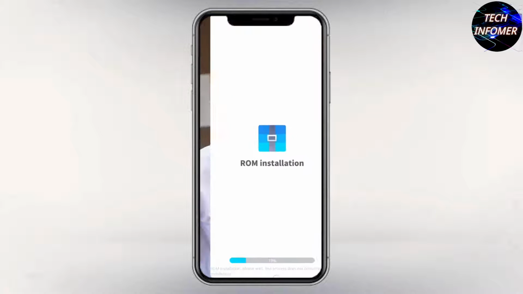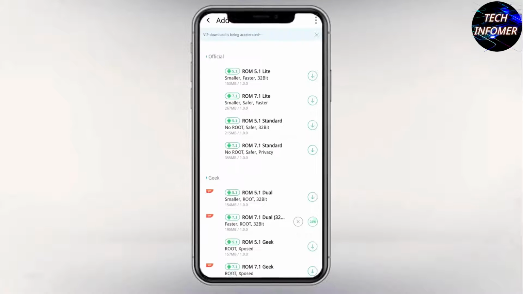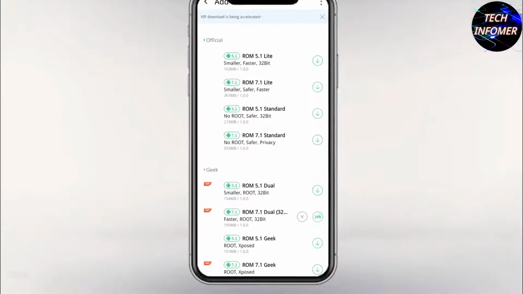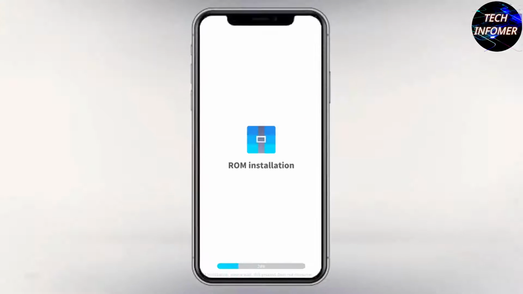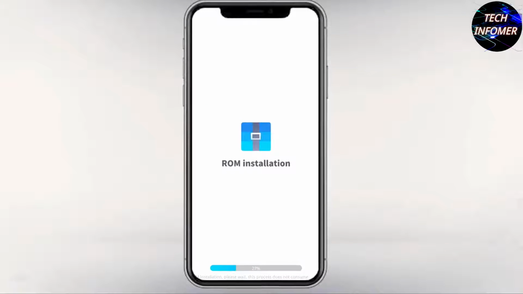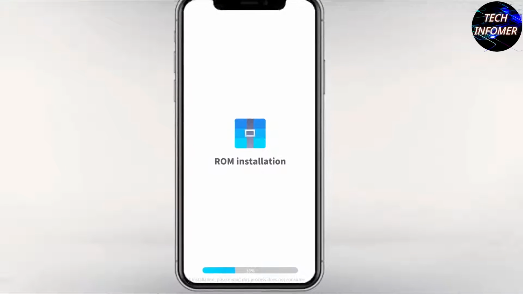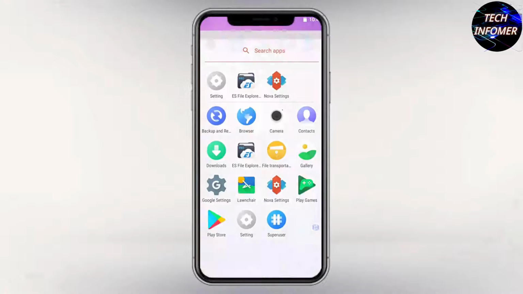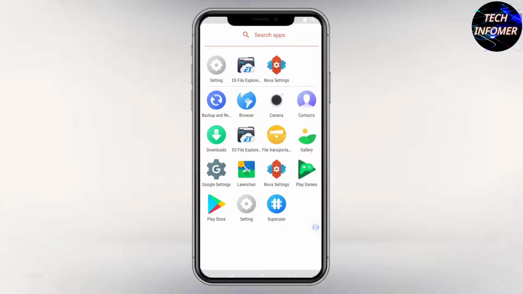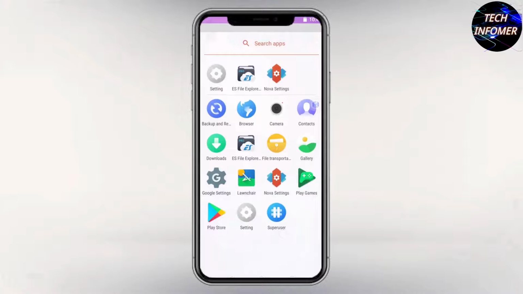In the non-Pro version, there is a default ROM, so you can't select multiple ROMs. It will automatically download the ROM. After downloading, the process will be the same for both Pro and non-Pro versions. After downloading the ROM, it will show a dialog box that the ROM is installed. After booting up, you will get into the home screen, in which you can see the Play Store, Super SU and